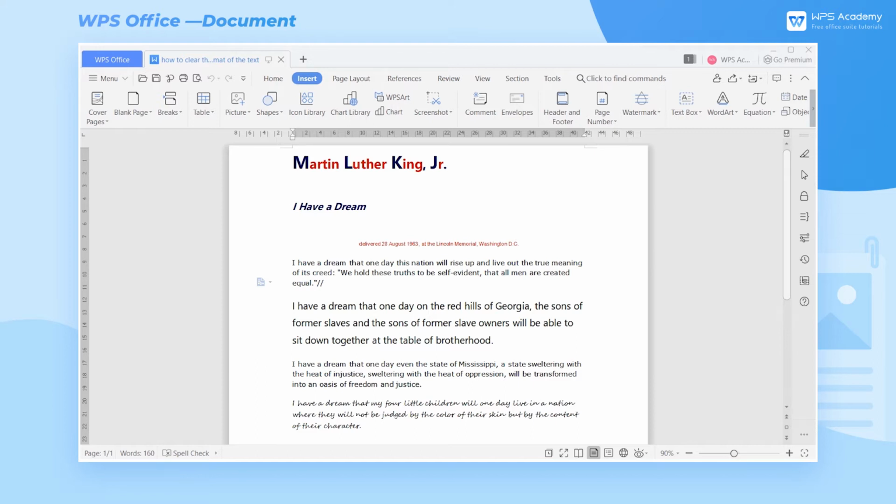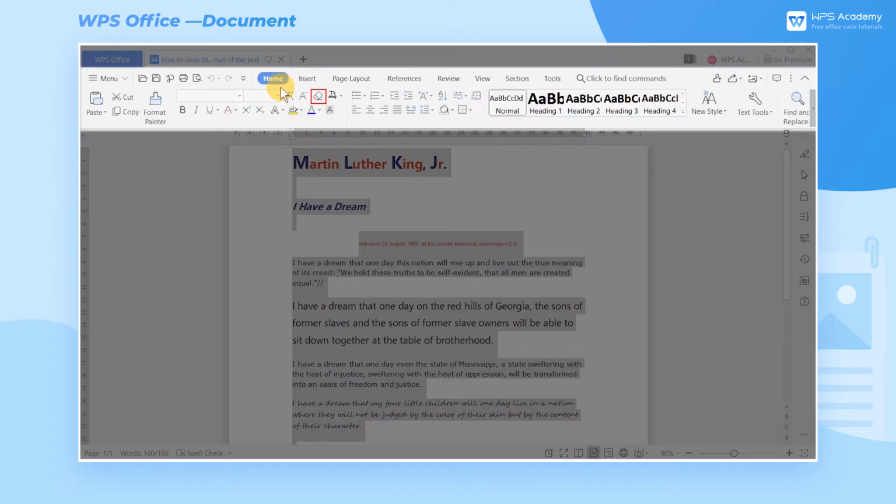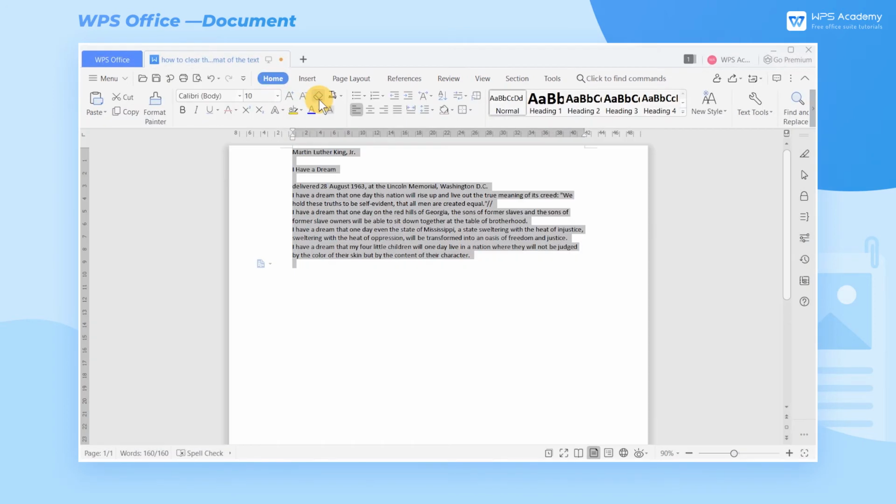Take this document as an example. What we only need to do is select the content of the document and click the Clear Formatting button on the upper tab Home. In this way, the format of the selected text can be cleared and only the unformatted